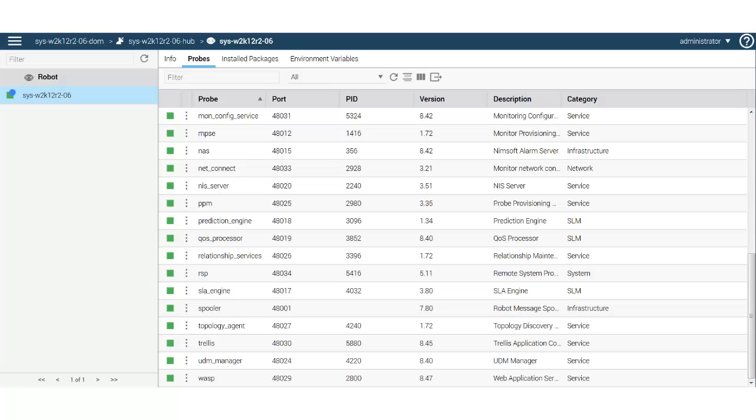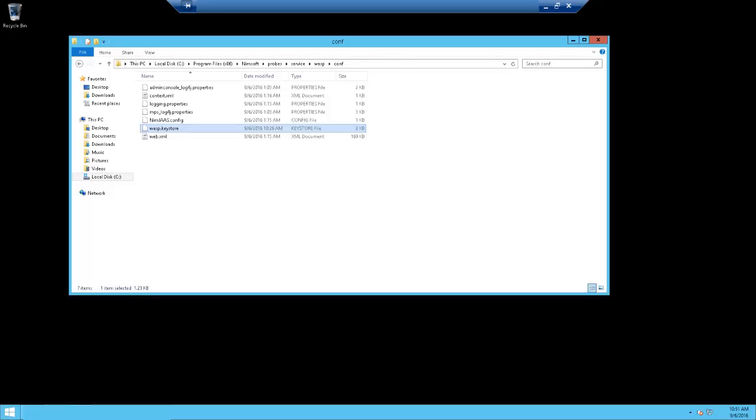Okay, WASP has restarted, and I have returned to Admin Console. As you can see here, WASP is now up and running. My self-signed certificate should now be created on this robot. The certificate file is called wasp.keystore. If I log into my robot remotely, you can find a wasp.keystore file in the conf directory under Probes, Service,